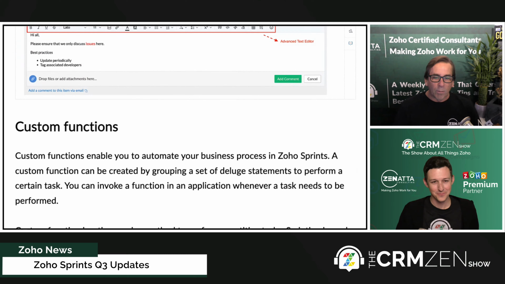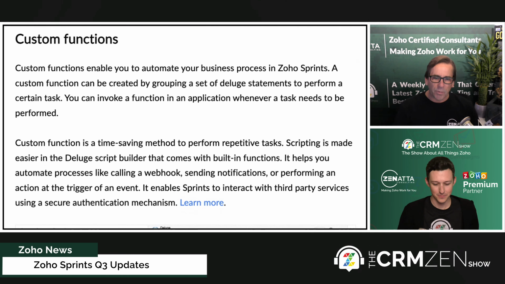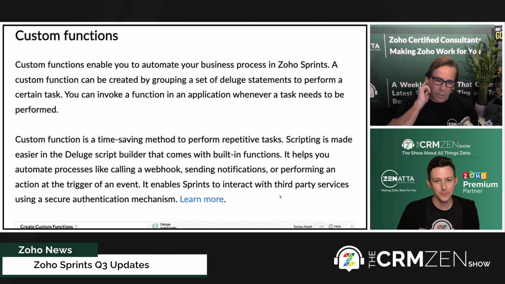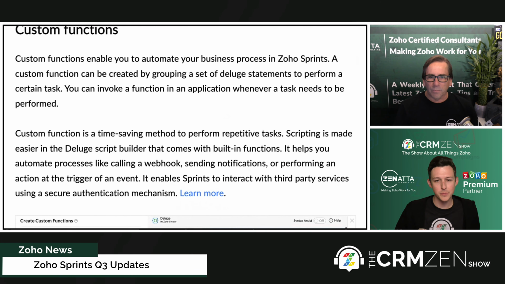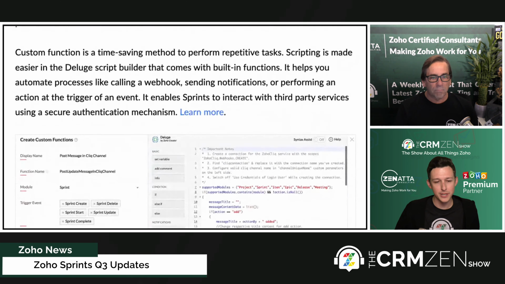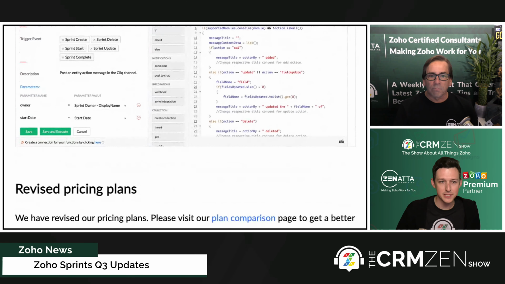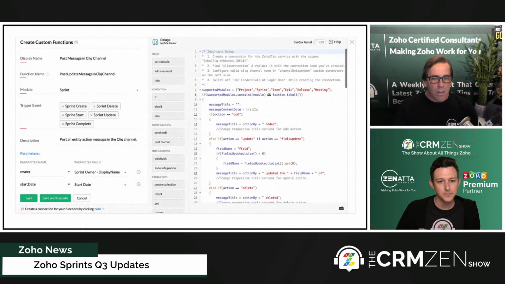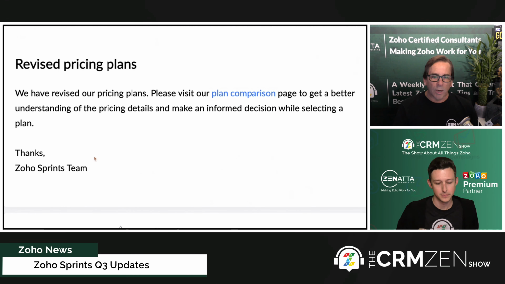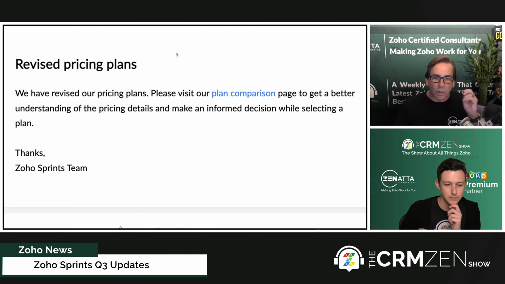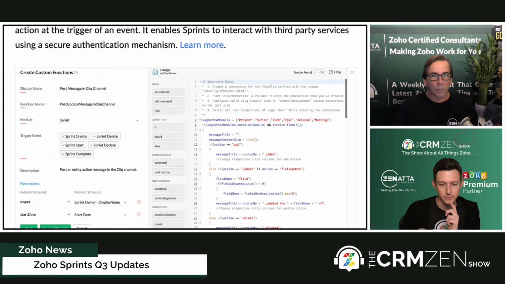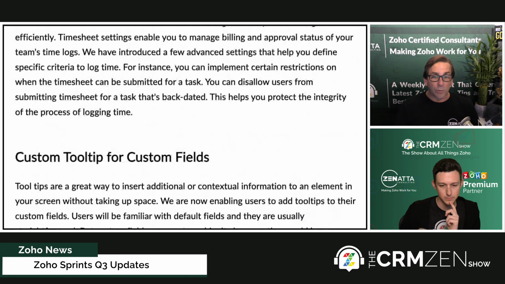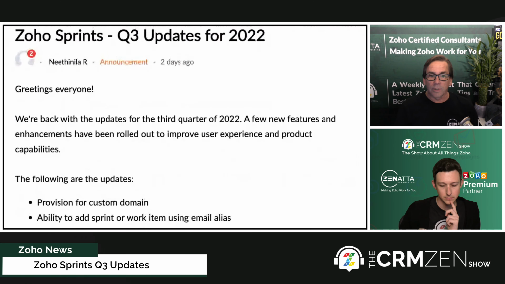You know, and it now supports custom functions. That wasn't something it did before, Tyler, I guess. Yeah, so it looks like it did not support it before. So now you can actually build out some custom functions and have them running on your various actions inside of sprints. And they changed the pricing, but not much. There's still a free version, $1 per user version. I think the most it gets up to is like $5 per user for their ultimate monster version. So well in line with Jira pricing, which is what this competes with. And nice job from the sprints team there.